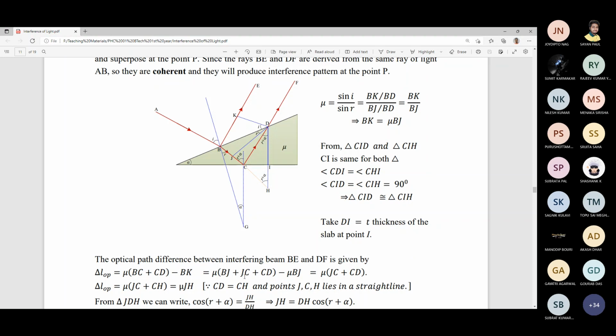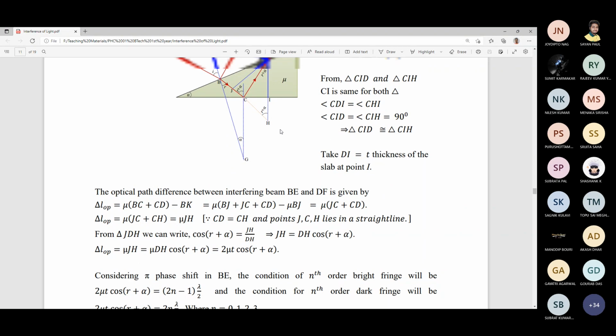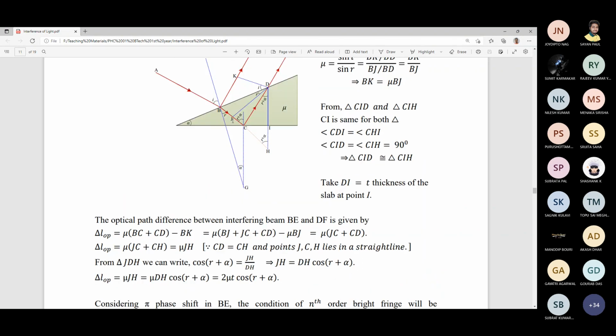So the path difference is mu times JC plus CD. And CD is equal to CH, which I have already mentioned. So we will write here CD equal to CH. So JC plus CH is the same straight line, right? So we can write mu times JH. And if we consider this straight line, that is JH,